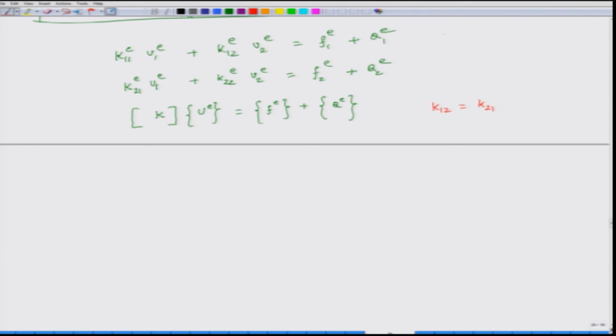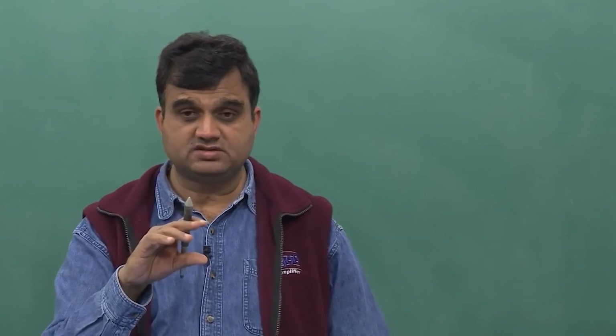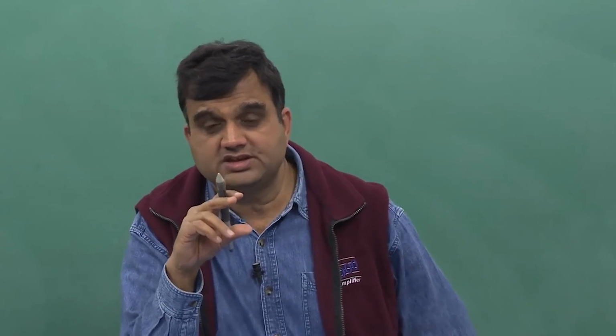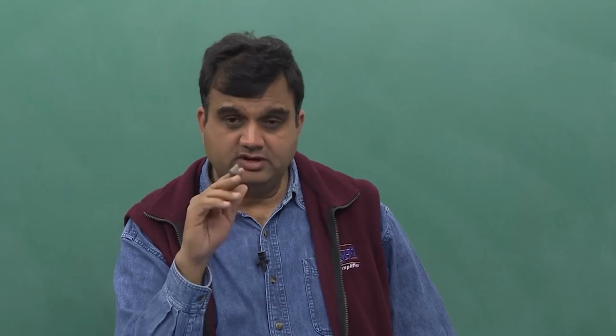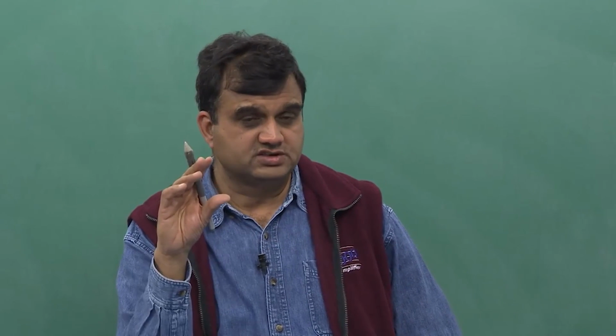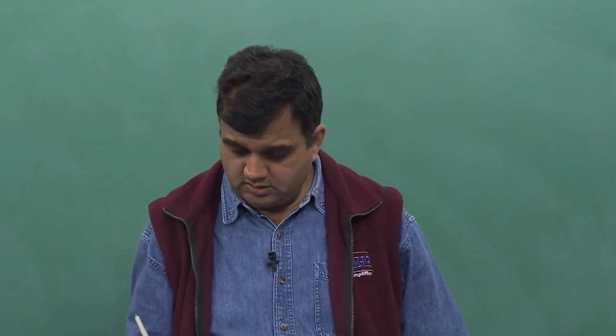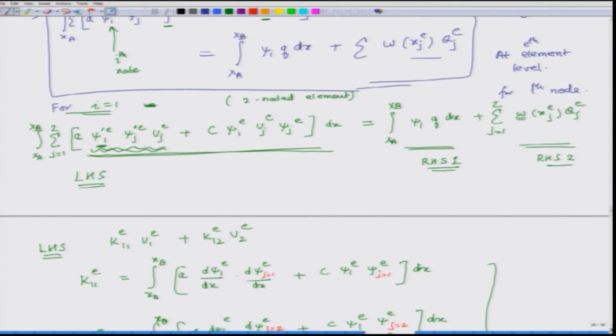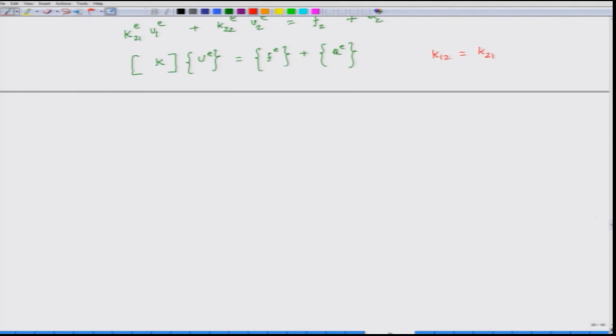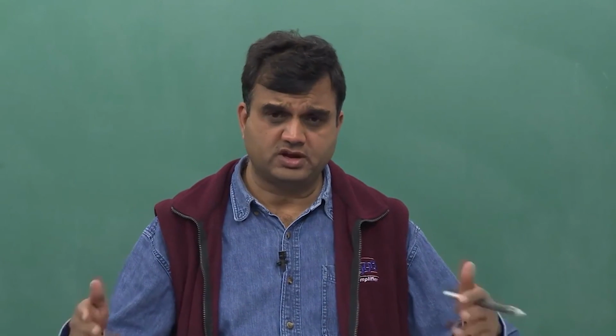So, all element level equations for this equation will have K matrices, and if it is a linear element, what will be the size of the matrix? 2 by 2, and they will be symmetric matrices. If it is a higher order element, then the only thing you have to do is, here j is equal to 1, 2, 3, and i will become, in the first case 1, second case 2, third case 3, so it will be a 3 by 3 matrix. So, the K matrix for a quadratic element will be 3 by 3, for a cubic element it will be 4 by 4, and so on and so forth.